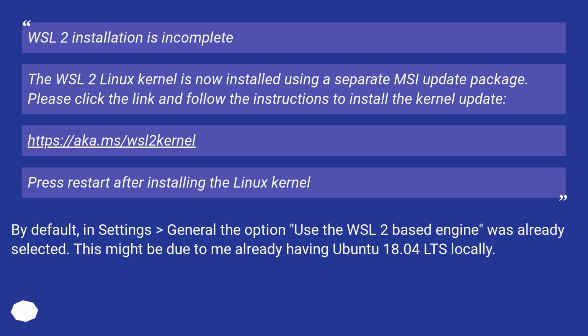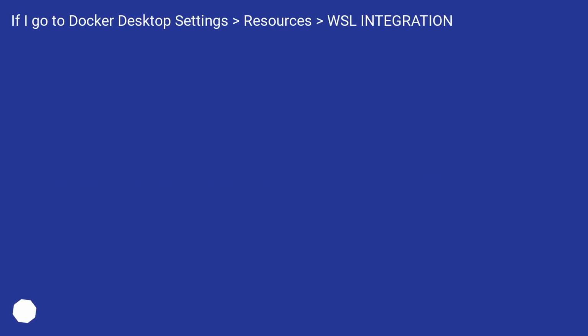This URL. Press restart after installing the Linux kernel. By default, in Settings > General the option Use the WSL2 based engine was already selected. This might be due to me already having Ubuntu 18.04 LTS locally. If I go to Docker Desktop Settings > Resources > WSL Integration,